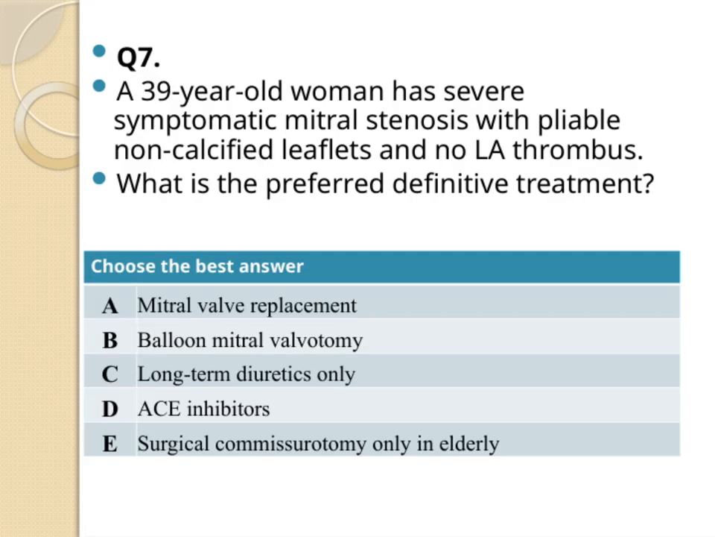Let's look at this question about a 39-year-old woman with severe symptomatic mitral stenosis. She has pliable, non-calcified leaflets and no left atrial thrombus. So, what's the best definitive treatment for her? First, it's important to recognize that her mitral stenosis is likely rheumatic in origin, given her age and the description of non-calcified, pliable leaflets. Now, among the options, mitral valve replacement is a common definitive treatment, especially in cases where